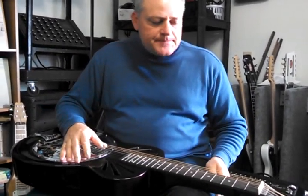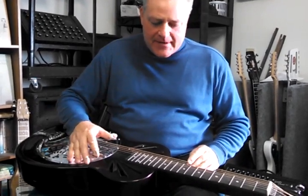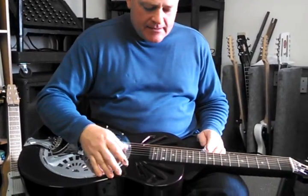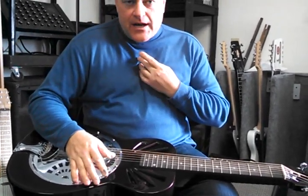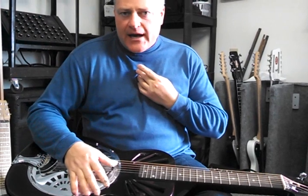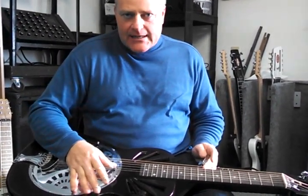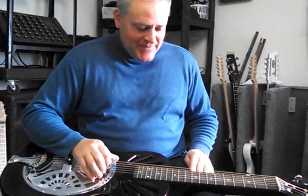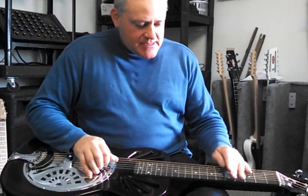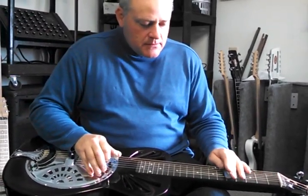I'm just going to strum it, and hope that the microphone on a little camera is good enough to give you some idea. I'll aim it a little bit at it. You can tell by the volume difference between how I'm talking and how hard I'm picking how loud it is. I can make it a lot louder really easily. This thing will kick. They call it the Banjo Slayer because it has so much volume. It also has a nice tone as far as when you want to...